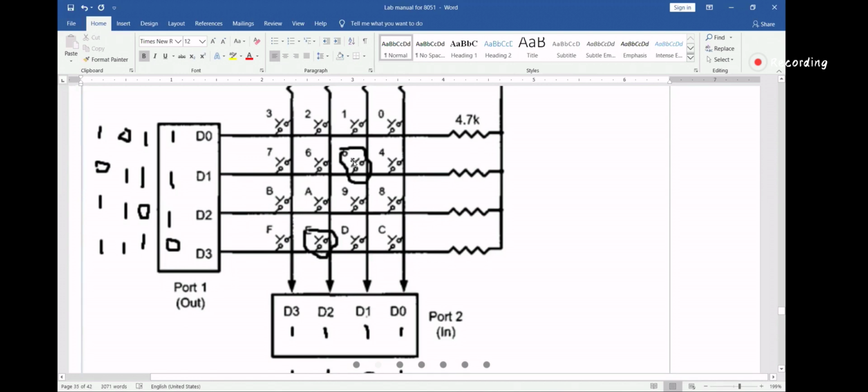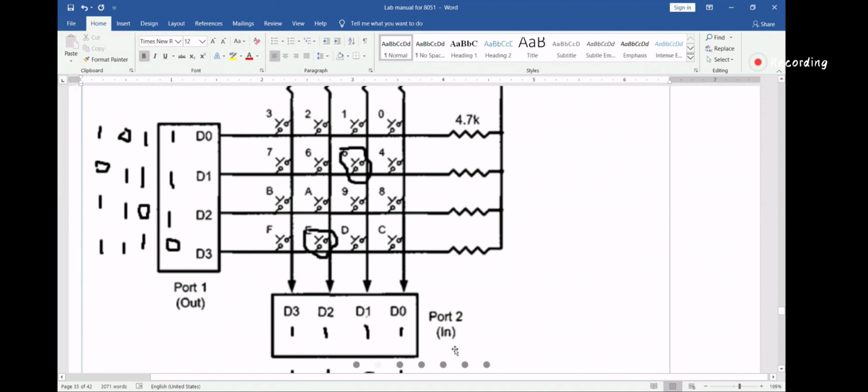Now let's take one example. This key 5 is pressed, for example. First I'll give 0, 1, 1, 1. That time it will be D0. What will be the input here?